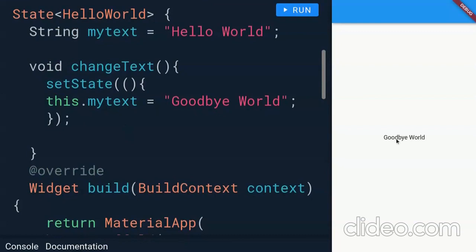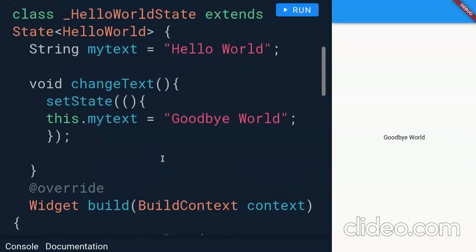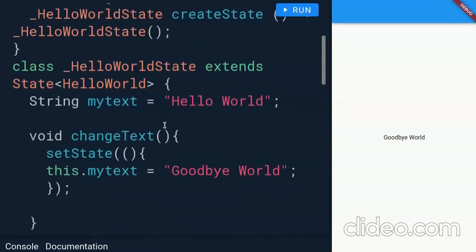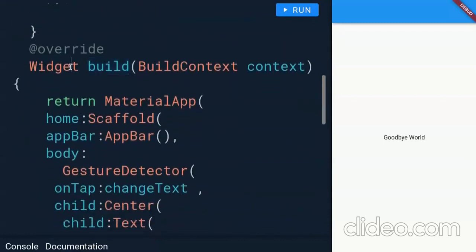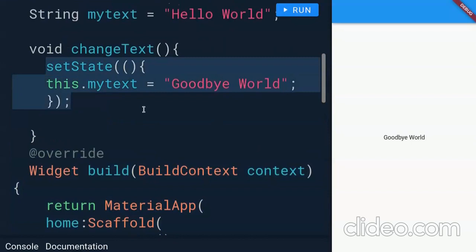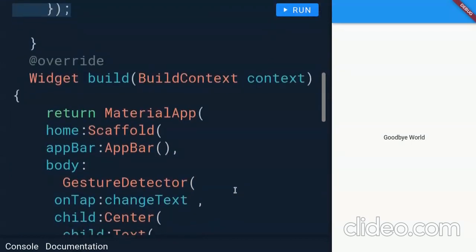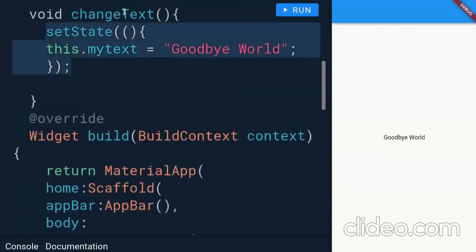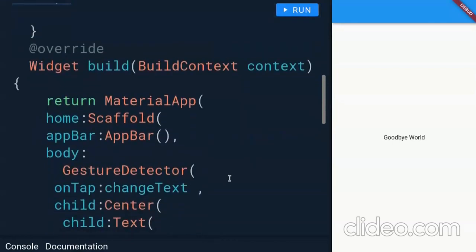All this Flutter runs at 60 frames per second. So that's why it appears very instant. Whenever I click, very quickly it draws the new user interface, because we are calling set state. So whenever we call set state, Flutter will trigger a build method. So the main concept behind Flutter is we have to compose the user interface tree and modify the state when the user event occurs.